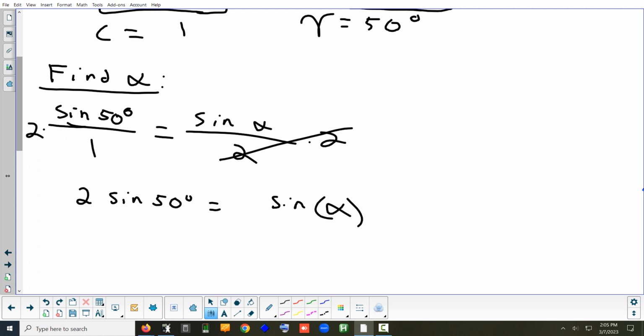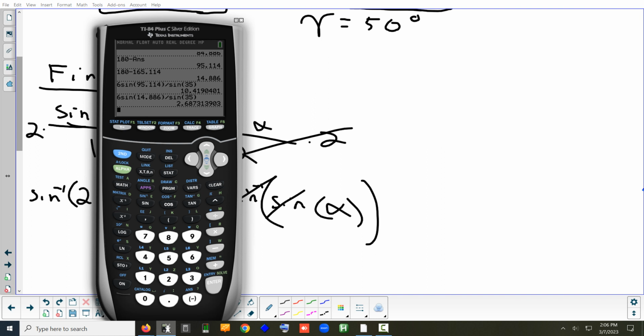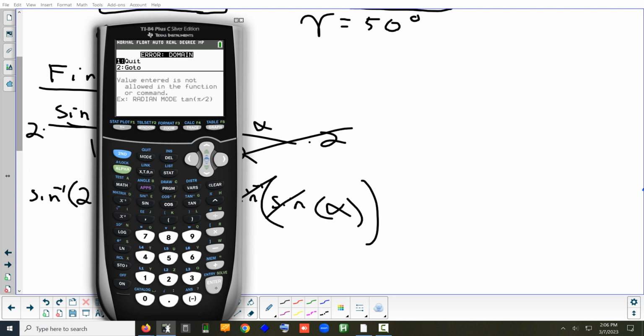Okay, but today it's inverse sine. When you take the sine of the inverse sine, they cancel each other out. And now we get this. Second, inverse sine of 2 sine 50. And when we hit enter,